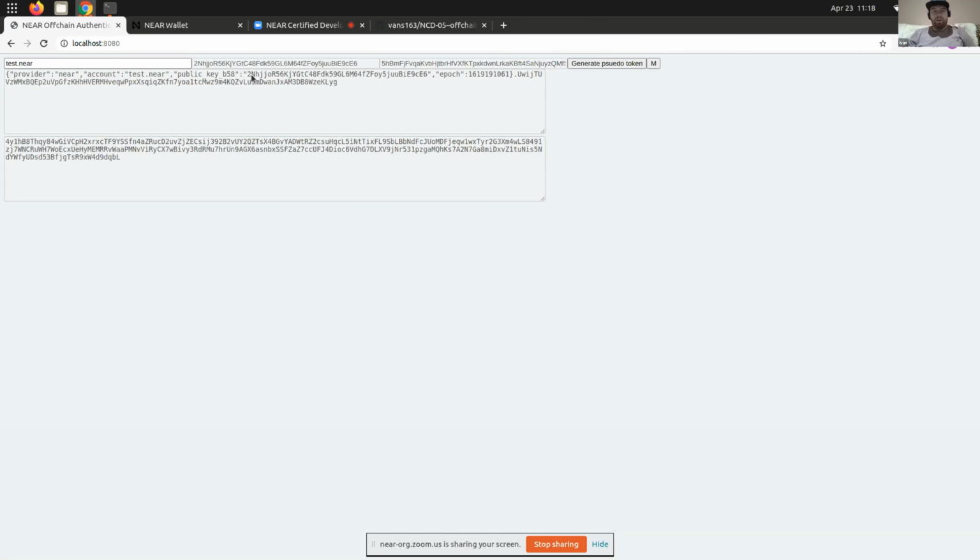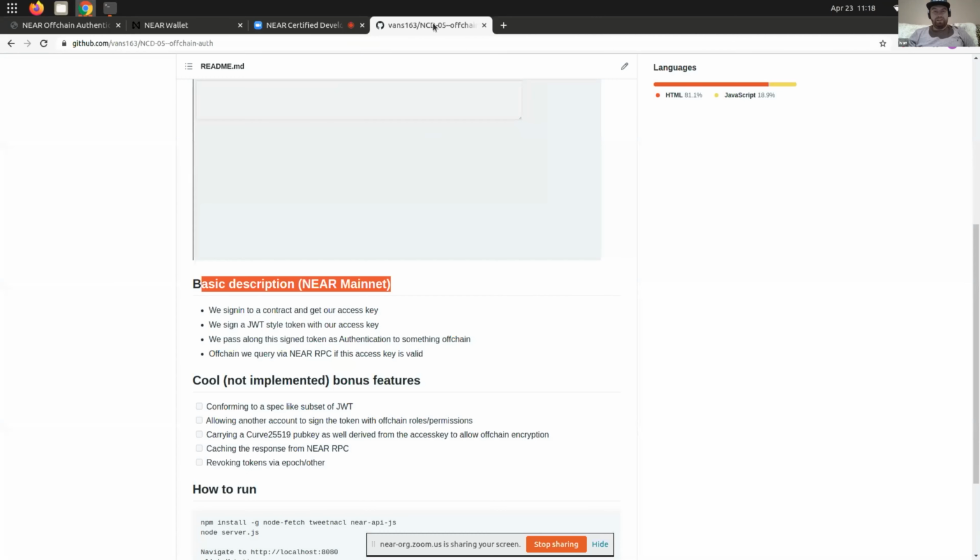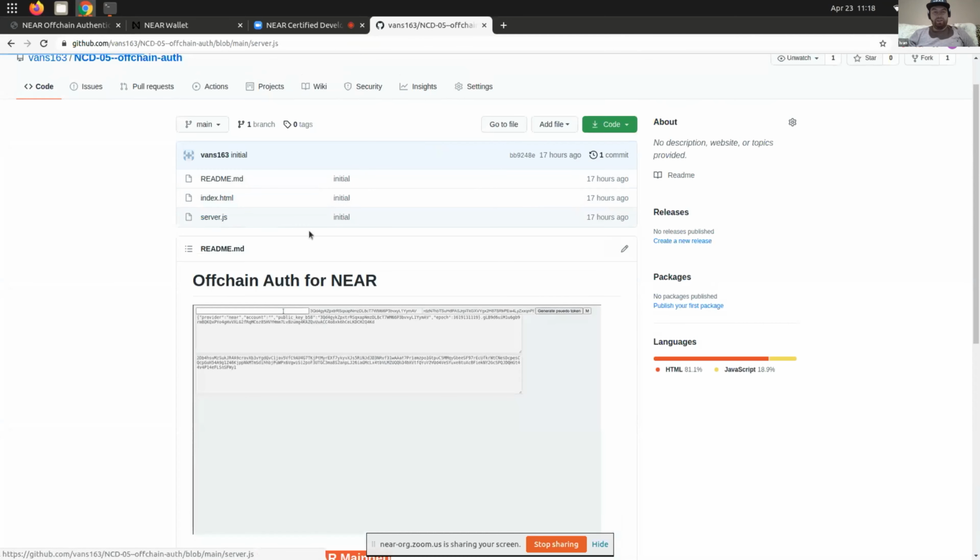Then we wrap this all up again in base 58, and we have a long string that looks like a bunch of mumbo jumbo. This is our off-chain authentication token. So we can send this to a Node.js backend. And when we send this to, let's say, our server,